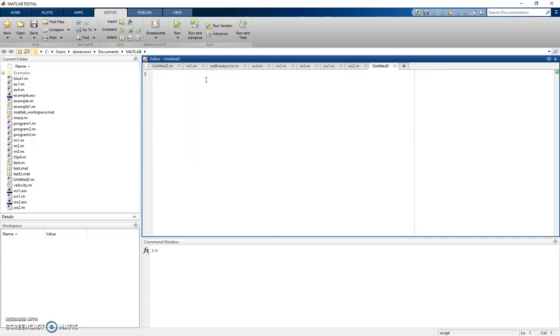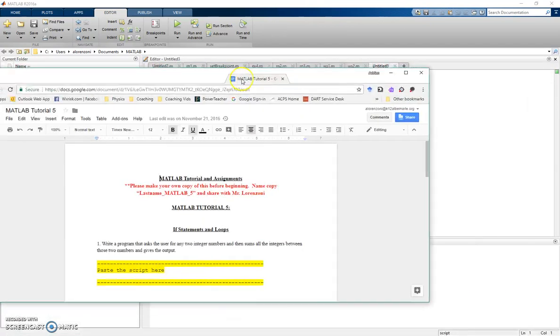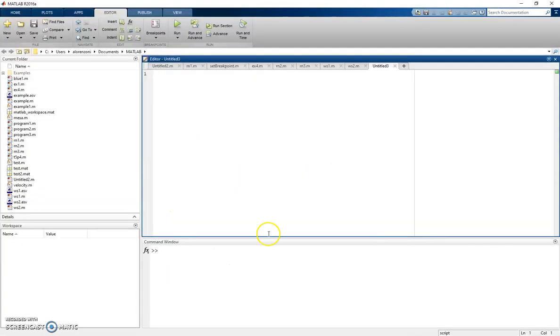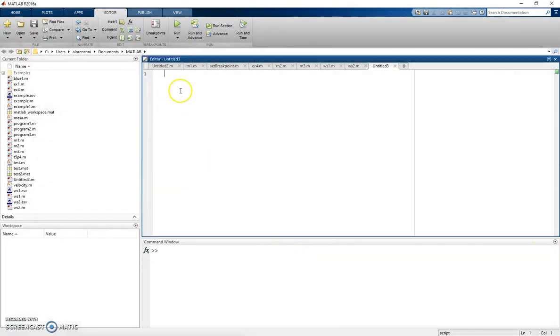Okay, first one: write a program that asks the user for any two integer numbers and then sums all the numbers between these two numbers and gives the output. There's many different ways to do this, but I'm going to go over the way that works in my head. So the first thing is asking the user